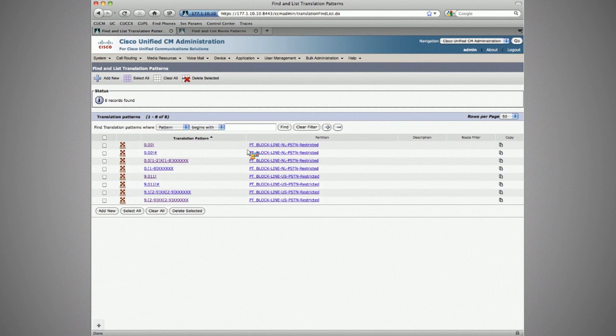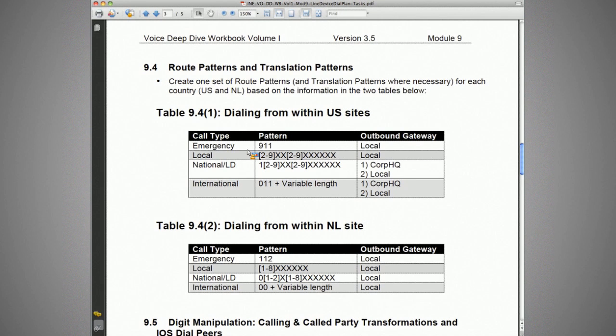So for our gateway, that's at least our, and I think that's what we get to next is, well, calling and called party transformation and then gateways. For our gateways that are MGCP, they should work if we're doing our digit strip properly, but we haven't got into any sort of digit strip yet. So we've now met the requirements for this task, creating translation patterns for blocking on the line and our route patterns being our allowable dialable patterns on the device. So we'll test those in a moment. Once we do our transformation, set up our dial peers where necessary,